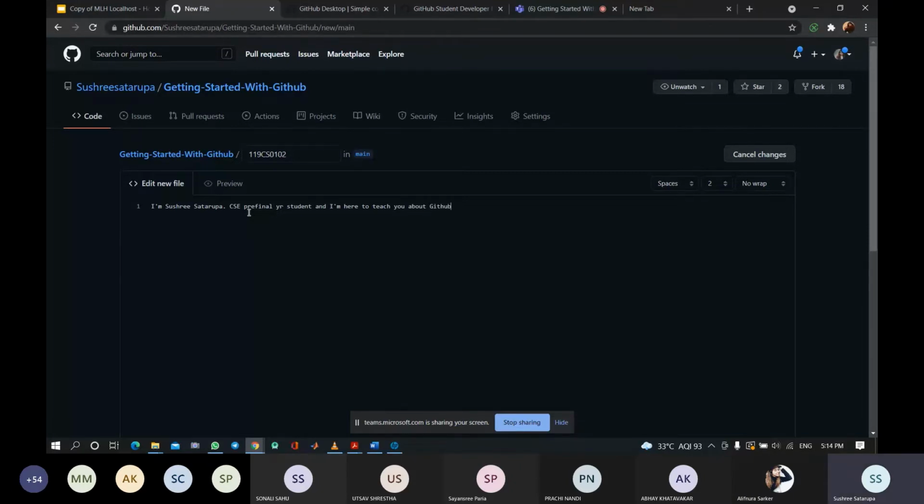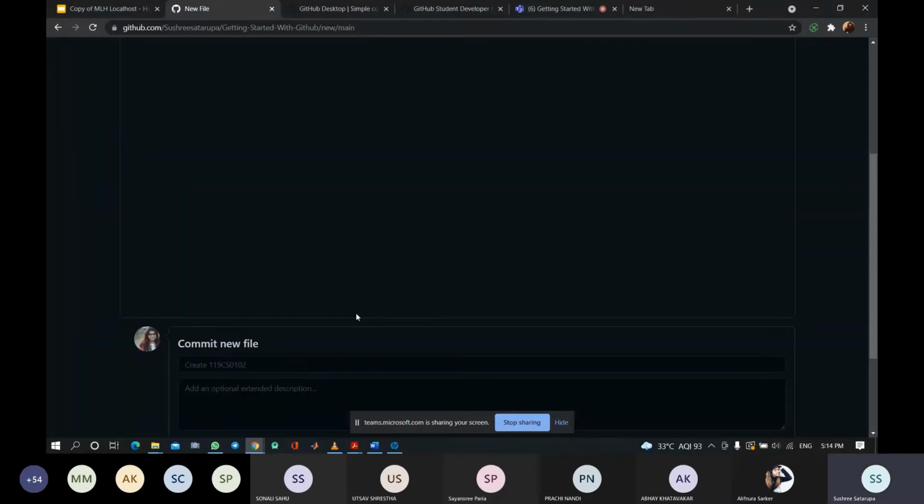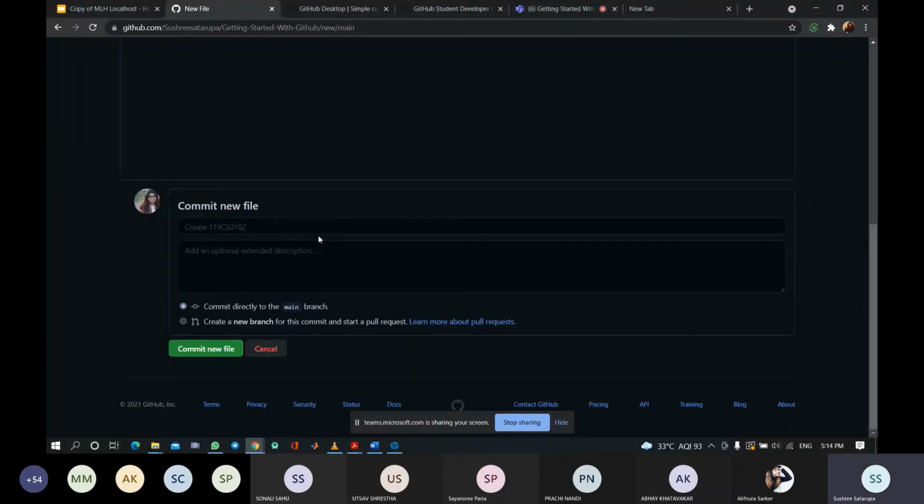After you write some details, always add a commit message like added a file about myself. Always write that. This is a good practice. And then commit the new file.